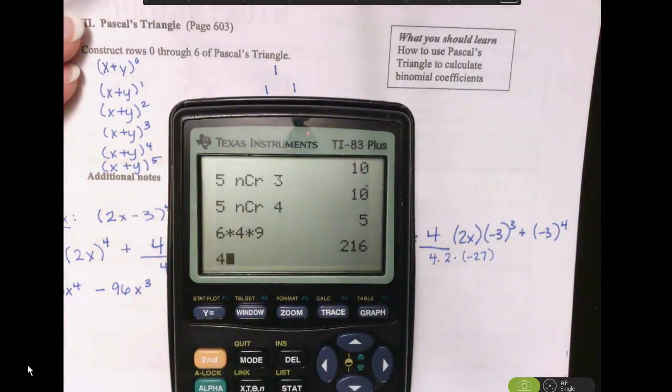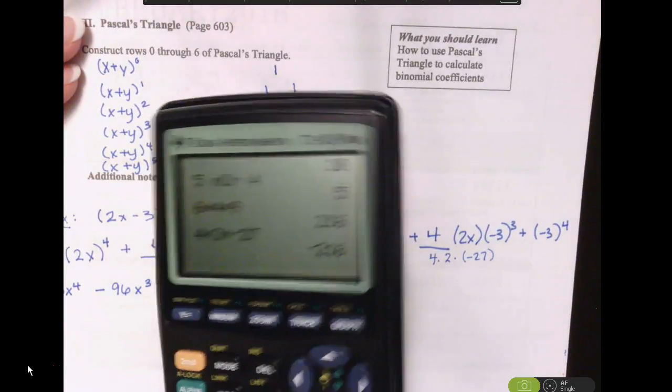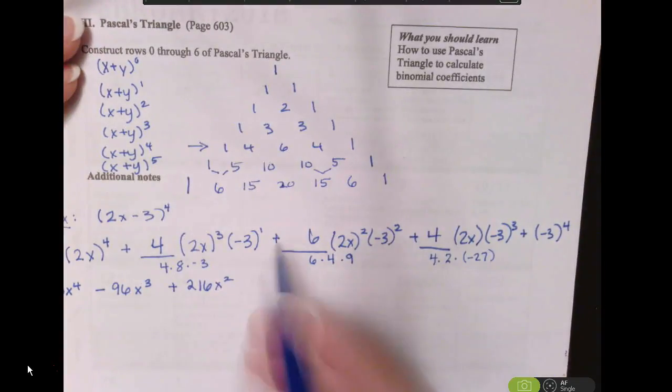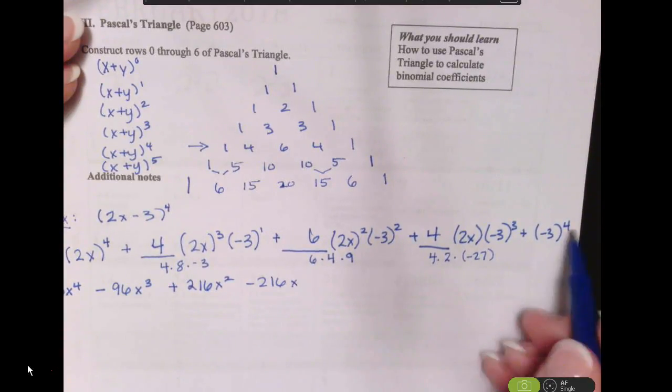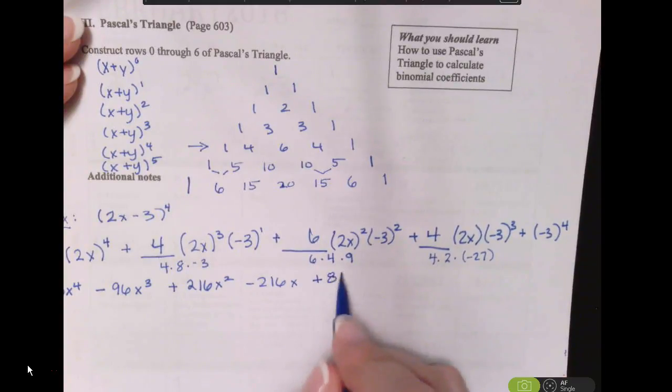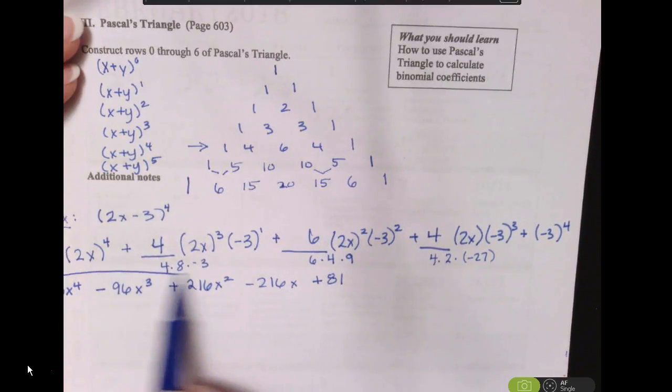So that's negative 216. And I've still got an x. And then negative 3 to the 4th is a positive 81. So this is the binomial